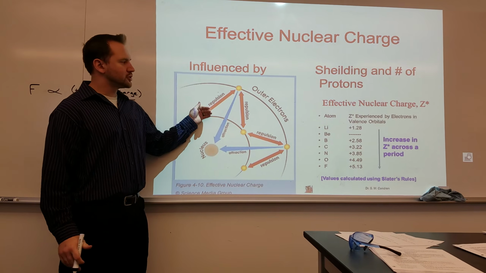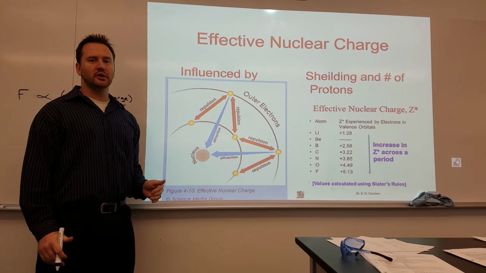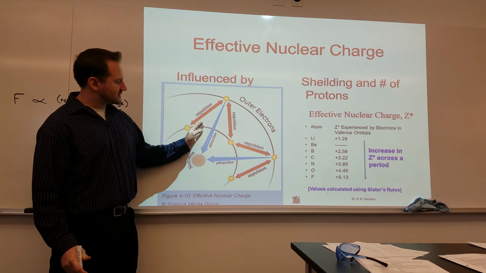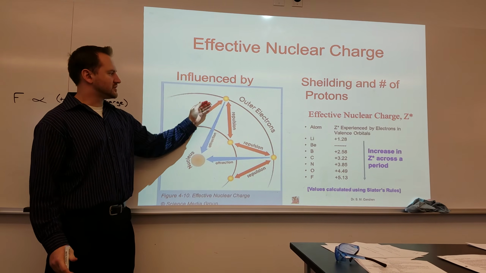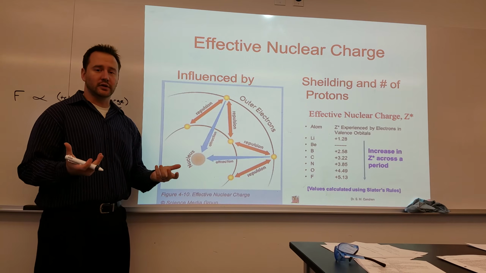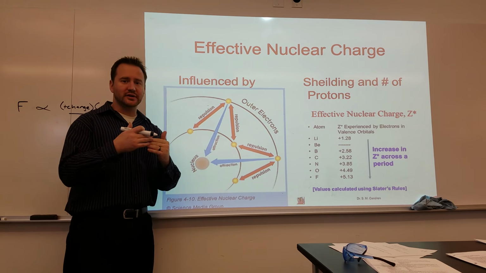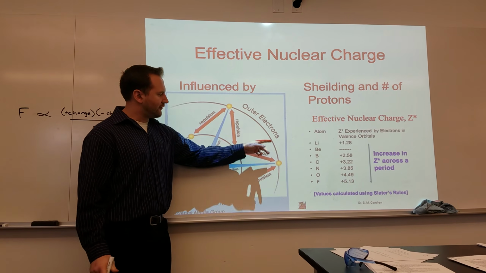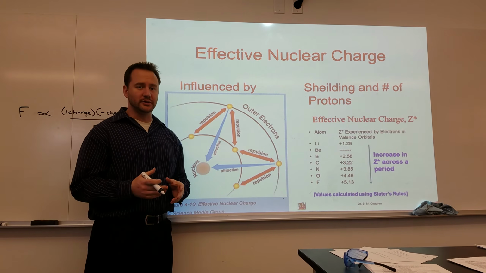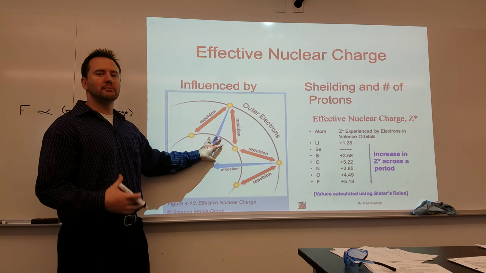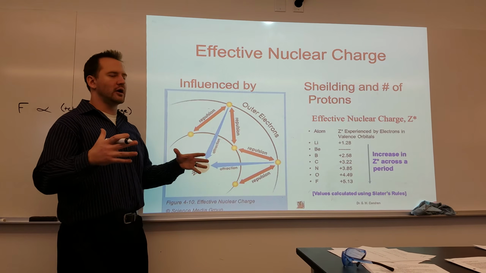Shielding is the repulsion of outer electrons by inner shell electrons. I wanted to show this visual because it shows the distance between the electrons, and since electrons are all negative, they're going to repel each other. The inner shell and the outer shell are actually not that far apart relative to how far apart the electrons in the outer shell would be from each other. So the shielding electrons, or the inner shell electrons, have a much bigger impact on how far out they repel